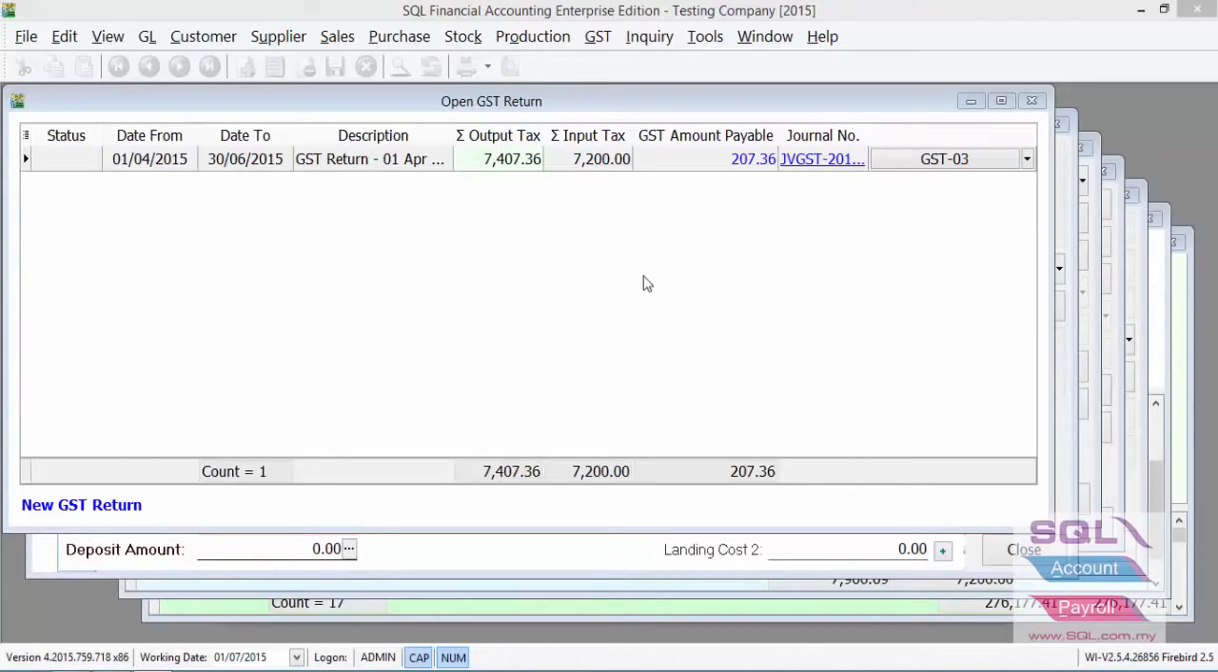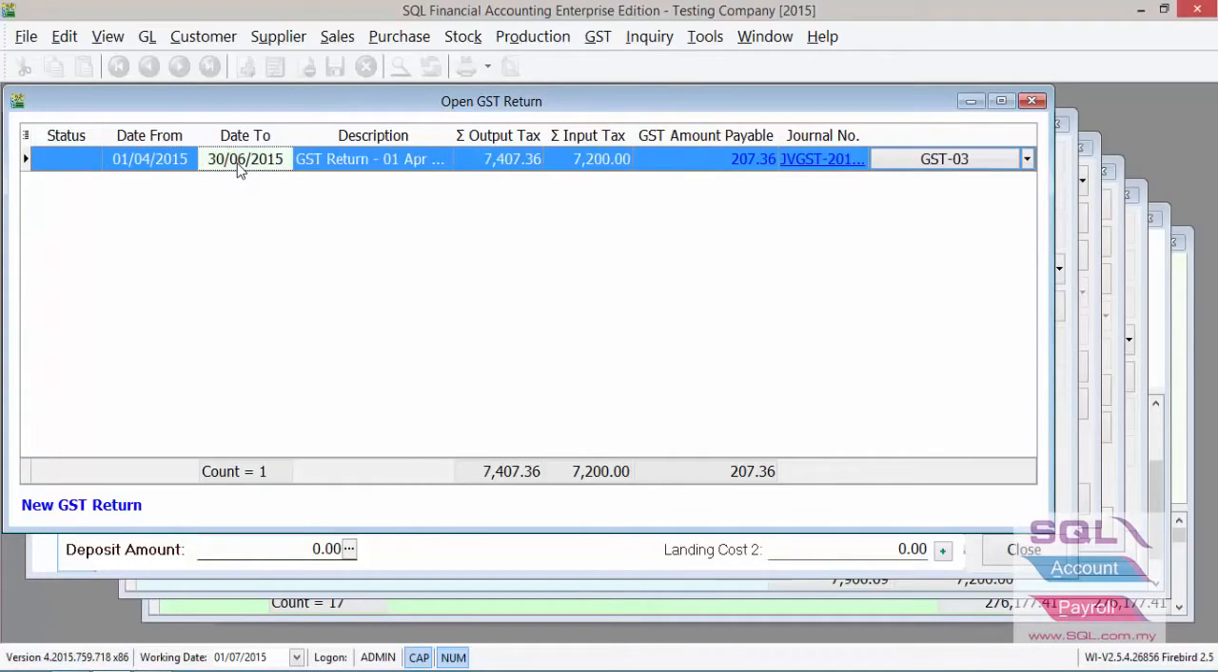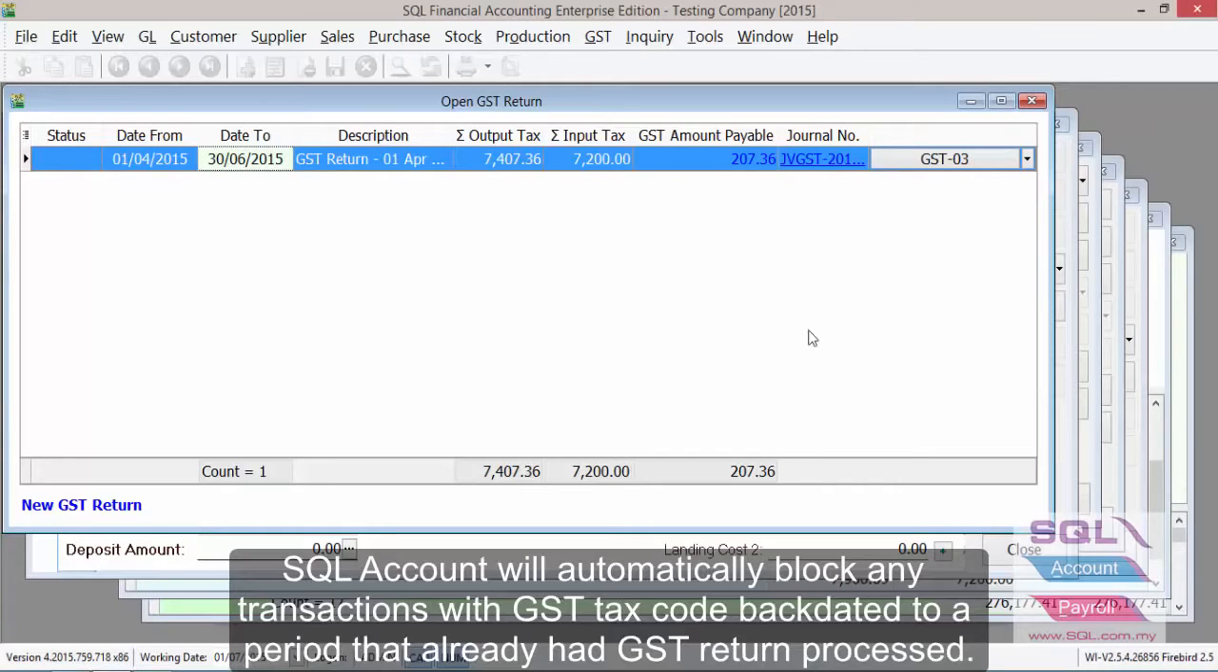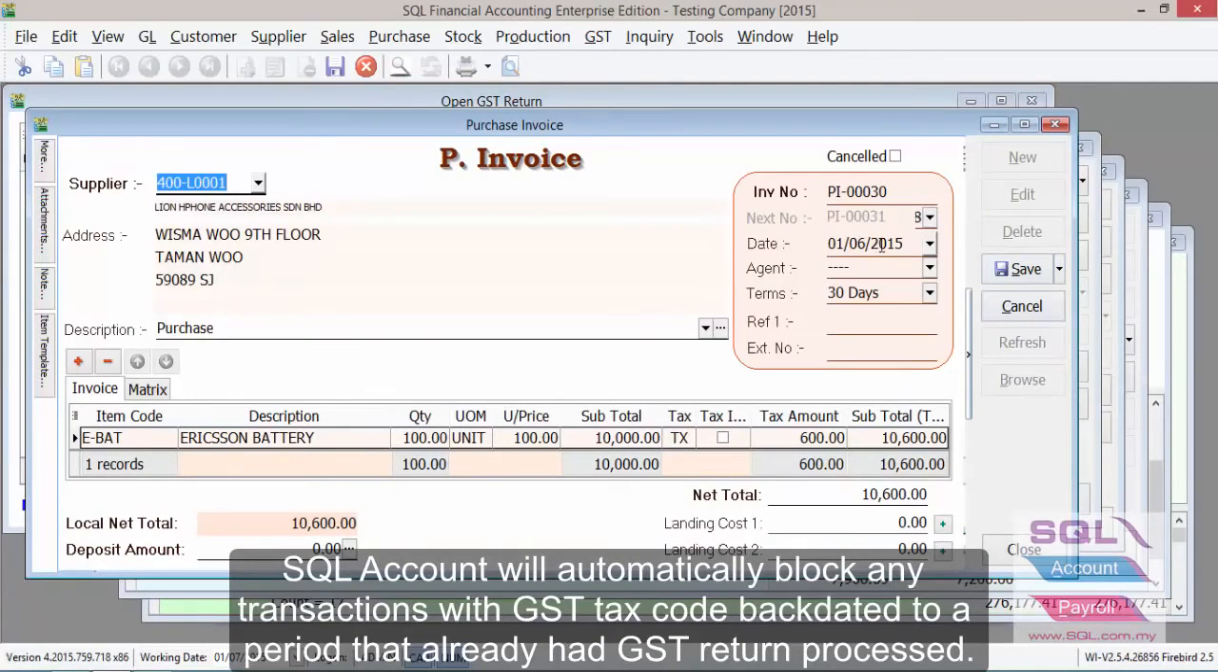Now, I'd like to show you in SQL Account how we do a GST set tax date. As you can see here, we already did a GST return from April to June, a 3-month cycle, and we already submitted our GST-03 to Customs. Once you have done that, as you probably know, whenever you try to backdate a transaction to June,